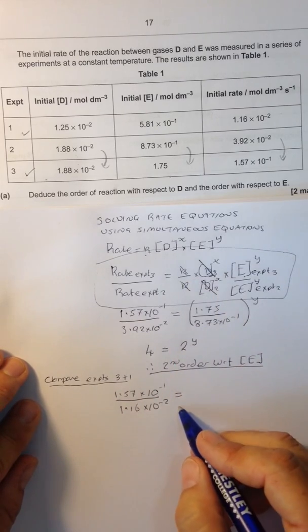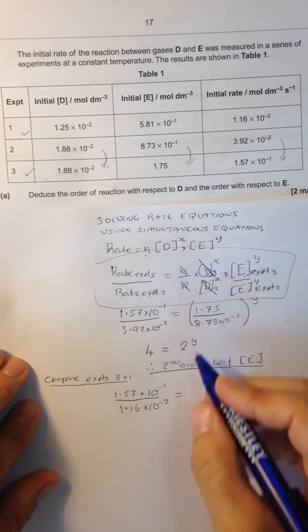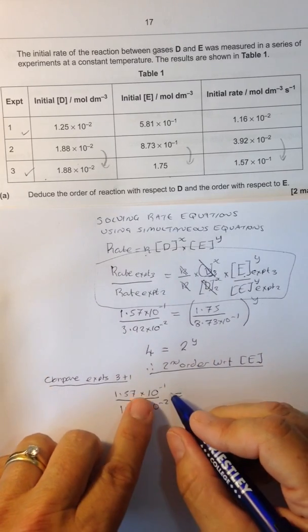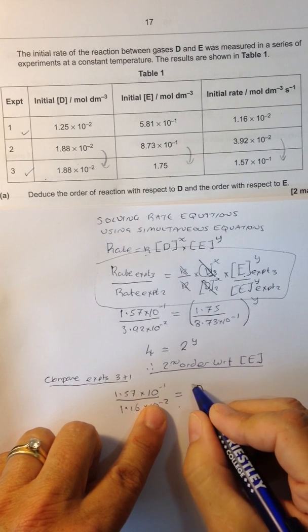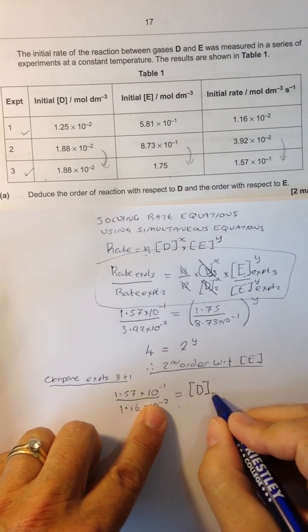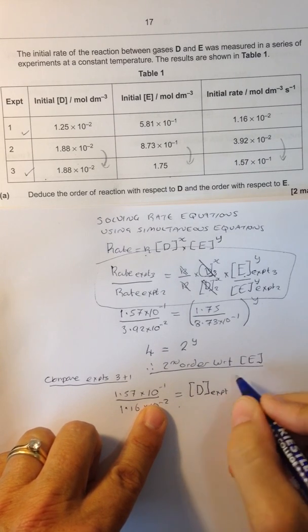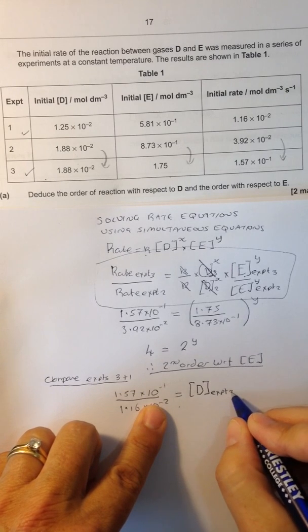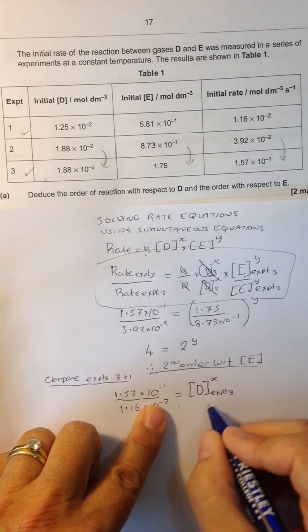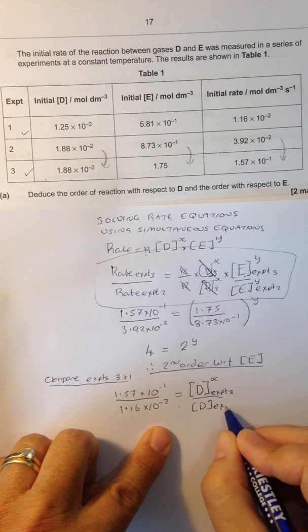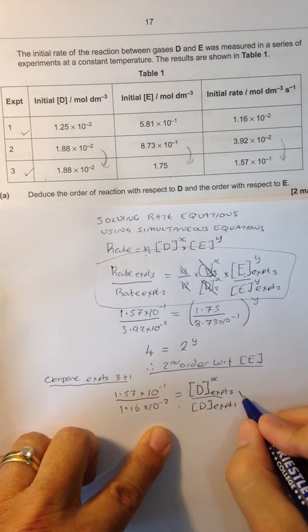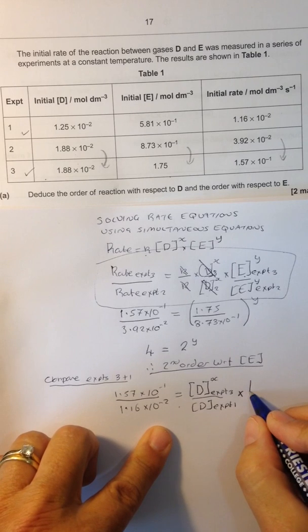Again, we've cancelled out the rate constant, the concentration of D, let's write this down, in experiment 3 and we still don't know the order with respect to D, divided by the concentration of D in experiment 1, multiplied by the concentration of E